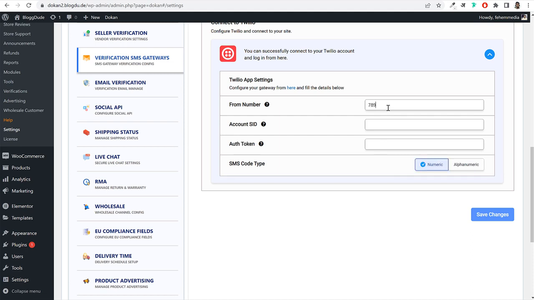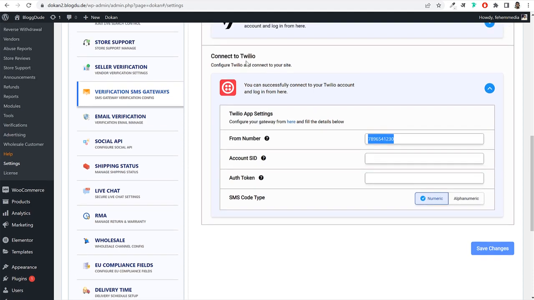Then after that, you can type in the number that they will get the message from. Like we have this message from this number, this is your OTP, or this is your code, please enter the code. So this is the number from where this message will be sent. Then these two options, SID and token, you will get on the Twilio website. So let's open this website in a new tab,